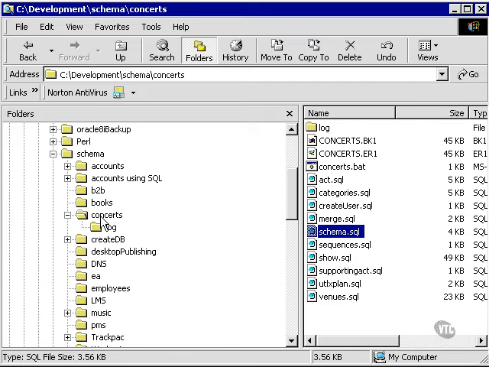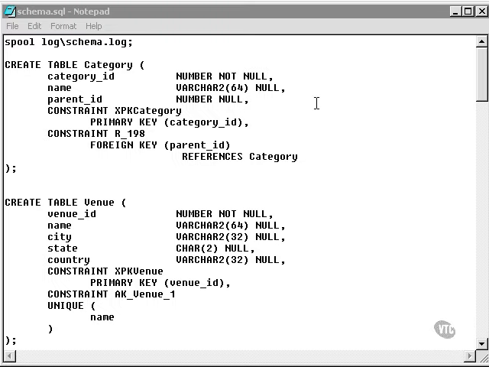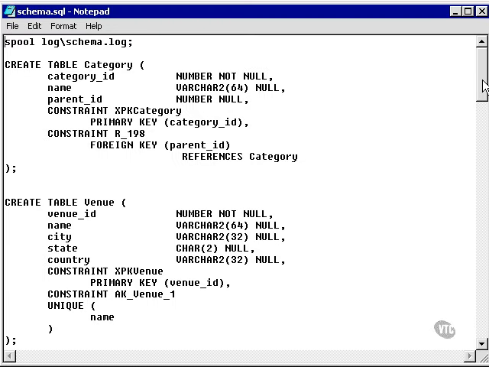Let's go and look at our concert schema again. We're interested in looking for index creation statements. We have a few of them in here. So let's open up the schema file. Here we have category, venue,